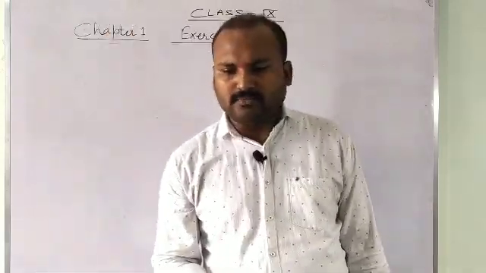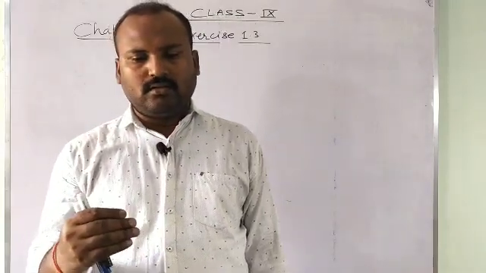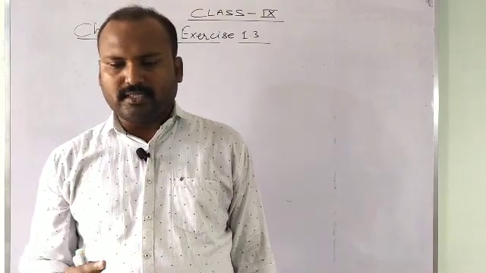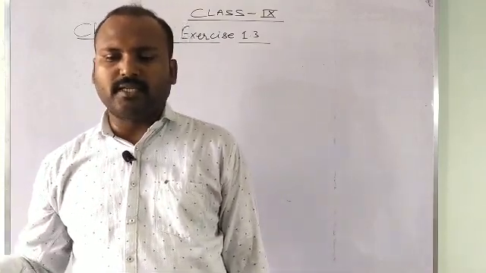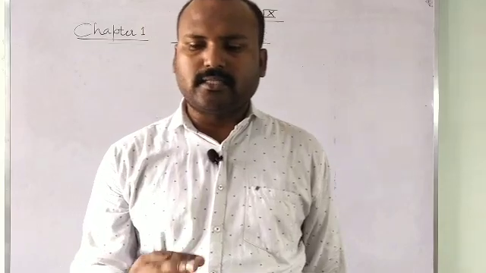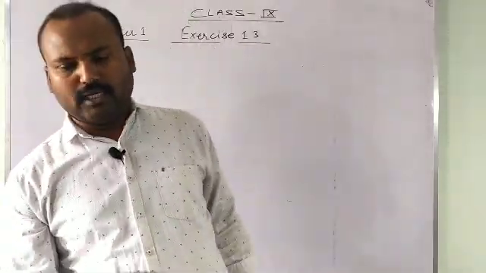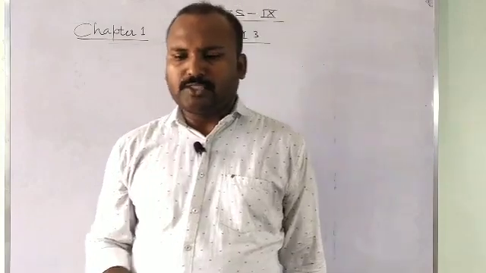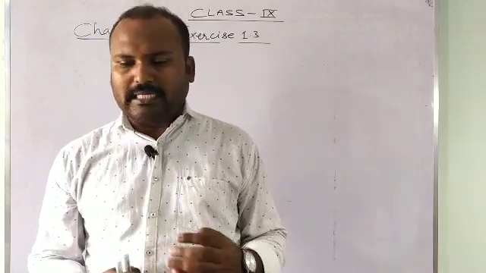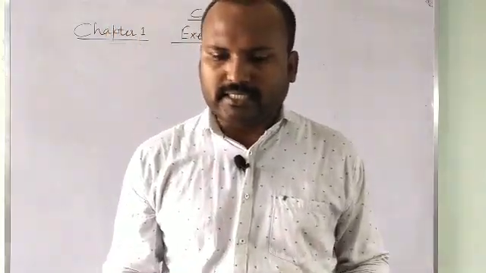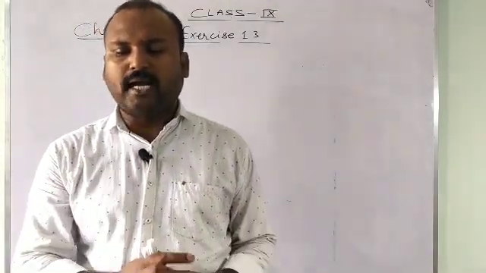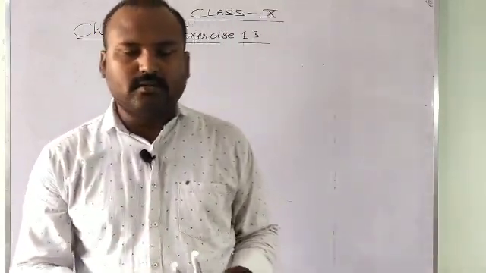Okay, now see students, what is it saying in this question? The question says to look at several examples of rational numbers in the form p by q, where p and q are integers with no common factors other than 1. The first statement only gives the definition of a rational number that has a terminating decimal, meaning rationals whose decimal expansion is terminating. Can you guess what property q must have for a terminating decimal?